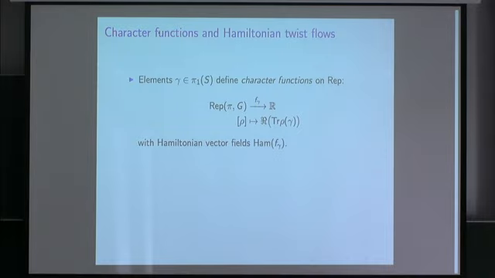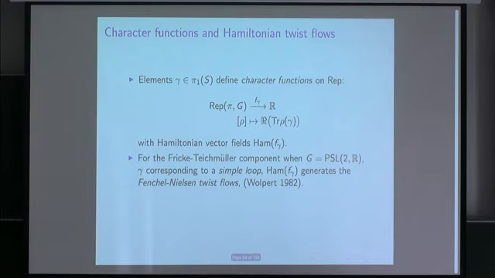If we have an element in the fundamental group, then we can look at, say, the character of that representation to give a function on this space. And functions on a symplectic manifold define Hamiltonian flows. And so the invariant functions, such as the trace, when we apply them to elements, will give vector fields. And these are interesting in their own right. My own introduction to this subject was trying to understand Scott Wolpert's work on Hamiltonian flows on the Teichmuller space with the